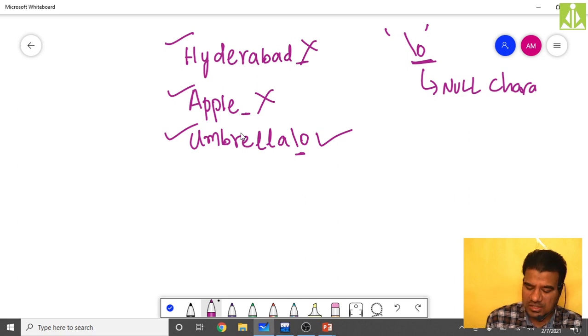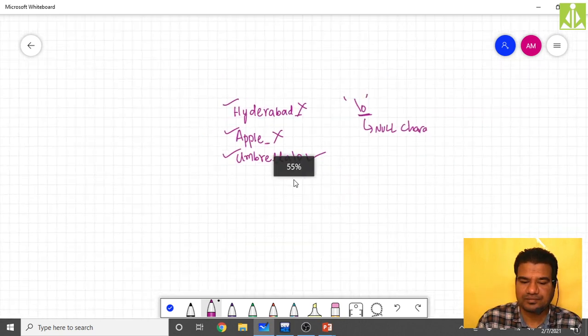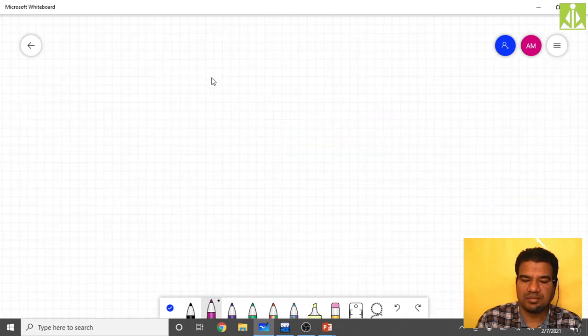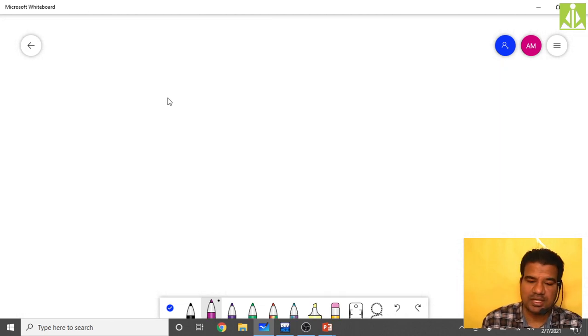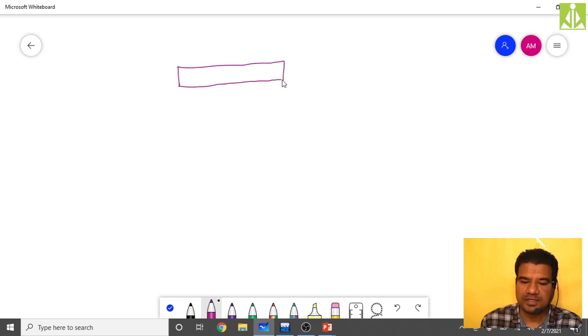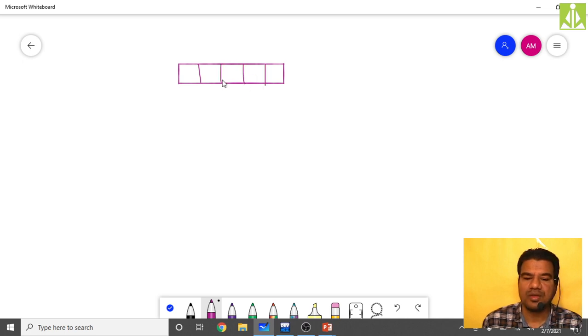So to know this more clearly, I will take one simple example over here. Let us say this is my array. First I will make this array a regular array: A, P, P, L, E. This is a normal character array.